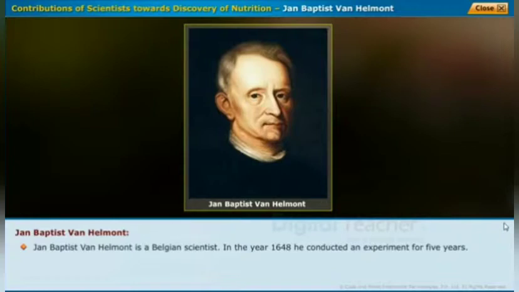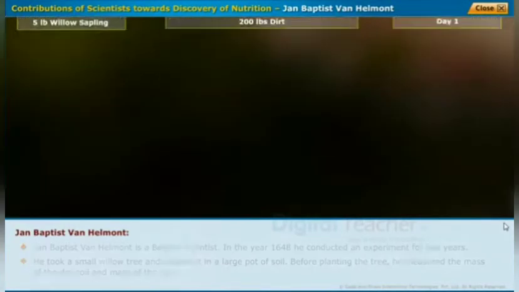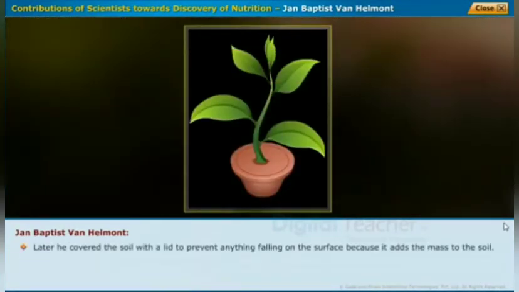In the year 1648, he conducted an experiment for 5 years. He took a small willow tree and planted it in a large pot of soil. Before planting the tree, he measured the mass of the dry soil and mass of the plant. Later, he covered the soil with a lid to prevent anything falling on the surface because it adds mass